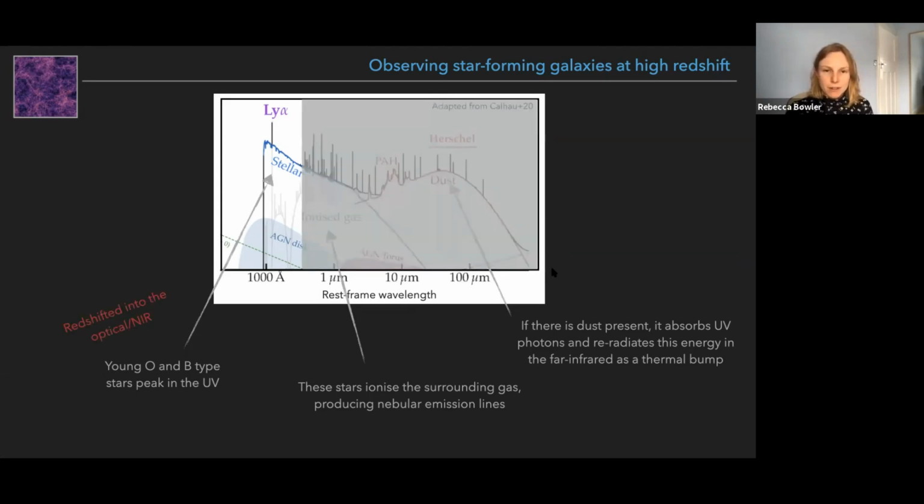So to think about how we'd actually observe such an object, a star-forming galaxy at high redshifts, basically you can forget about everything that I've grayed out here and just focus on this small part of the spectrum here, which is the rest frame UV. And this is because, obviously, as we go to high redshift, the whole spectrum is redshifted significantly for these very high redshift galaxies. And it means that when we look in the optical and near infrared, where most of our very deep imaging data is, what we're seeing is the redshifted ultraviolet part of the spectrum, which is just this tiny part here.